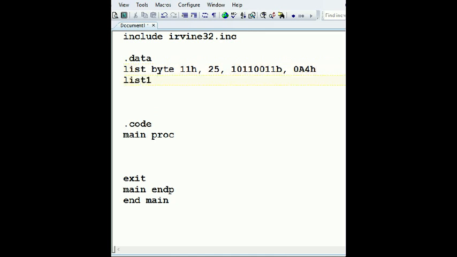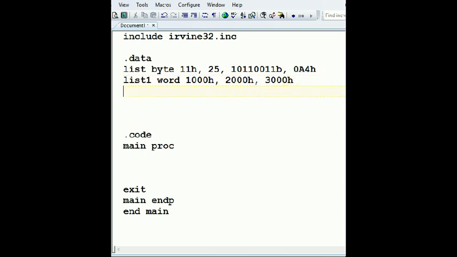Or list1, we can say WORD. A word is 2 bytes. So let's put 1000 hexa, 2000 hexa, and 3000 hexa. So now I have an array of size 3,